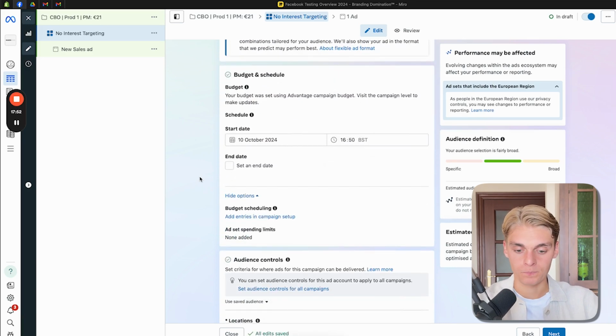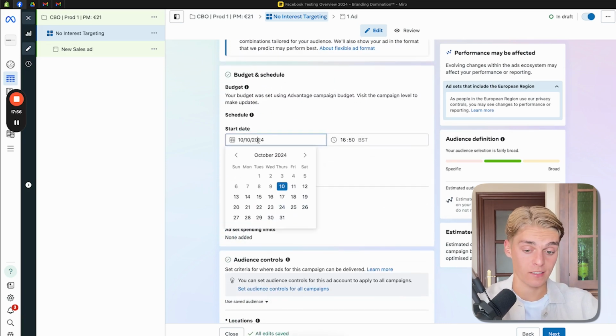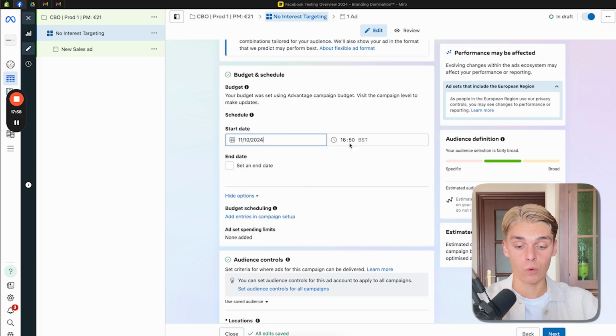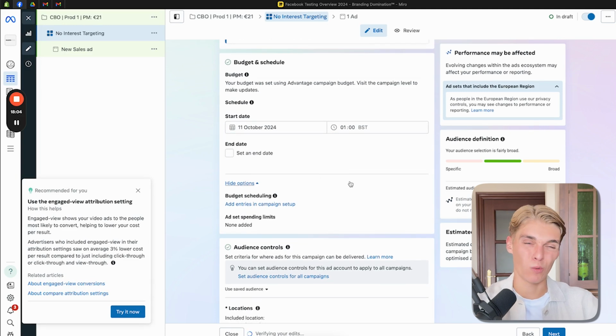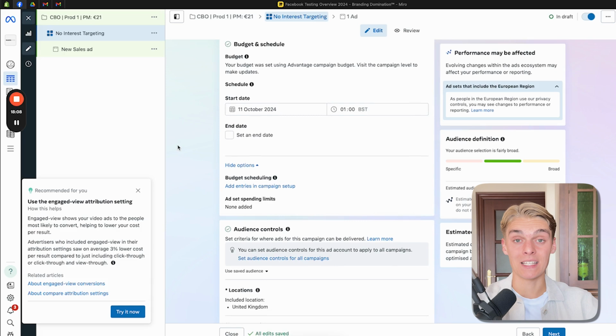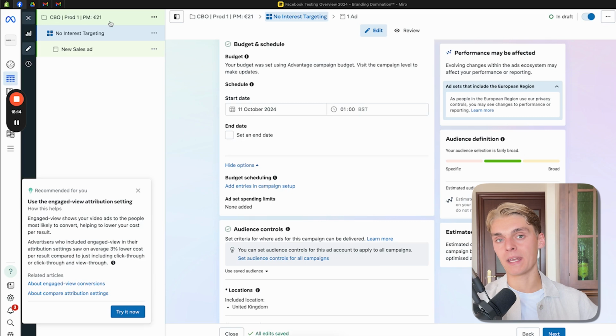So then we scroll down and we see here budget and schedule. So for example, today is the 10th of October, tomorrow it will be launch day, and it will be always at 1 a.m. in the morning. You can also do 5 a.m. I always schedule it normally between 1 to 7 a.m. And that basically means that it will spread out the entire budget that we allocated to campaign level throughout the entire day, instead of just spending it in a very small time frame, right? Then we cannot make